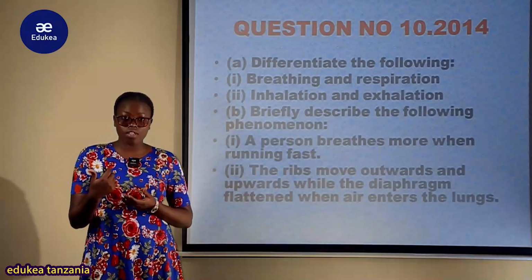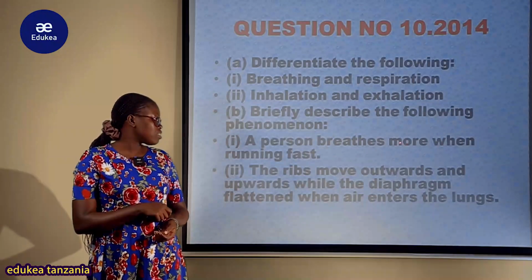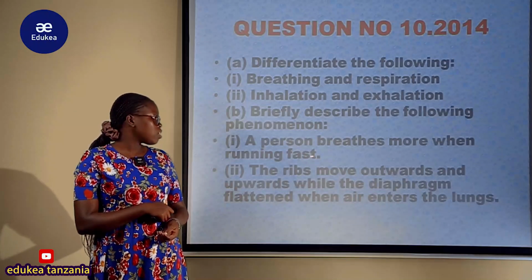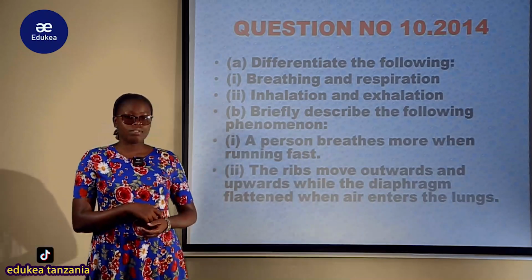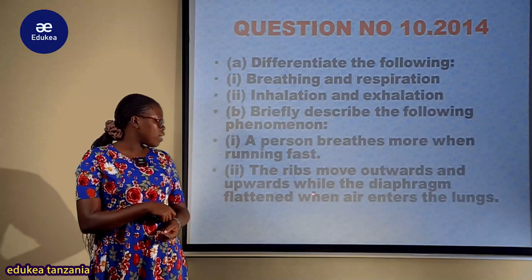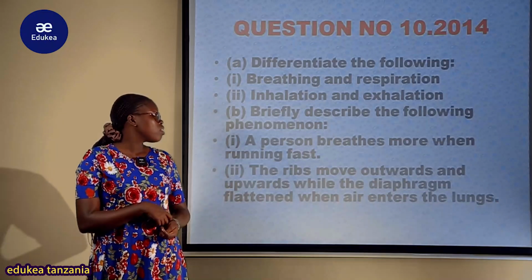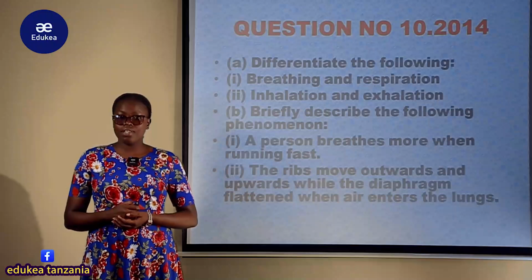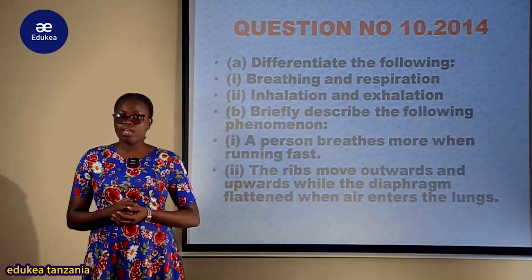And Roman B: briefly describe the following phenomena. First, a person breathes more when running fast. The second one, the ribs move outwardly and upwardly while the diaphragm flattens when air enters the lungs. My lovely Form 4 students, this question is from a Form 2 topic,